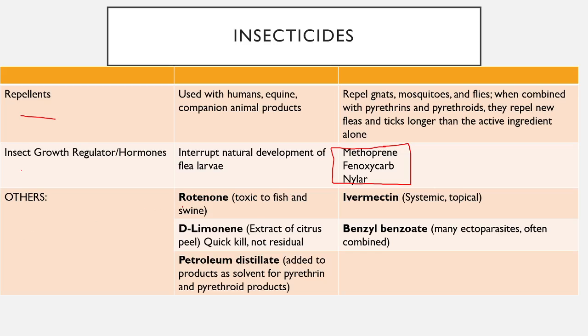So others, rotenone is toxic to fish and swine, so we have to be careful of that. D-limonene is an extract of the citrus peel. This is why citronella works. It has a quick kill, but it's not residual. Ivermectin is a systemic, and we can use it topically as a systemic as well. Benzyl benzoate kills a lot of ectoparasites. It's often combined with other things. Petroleum distillate is added as a solvent for pyrethrin and pyrethroid